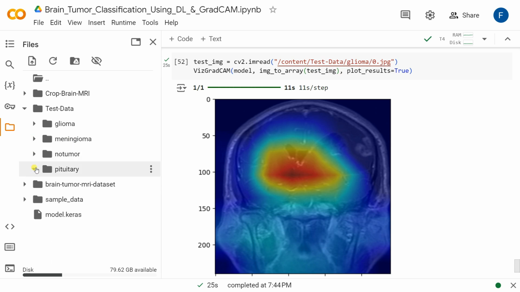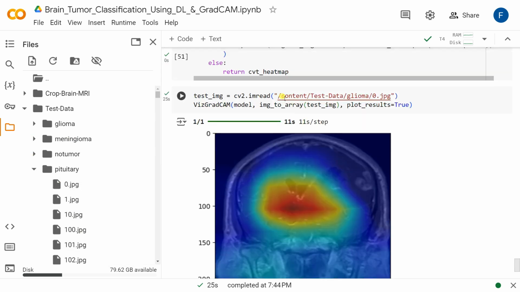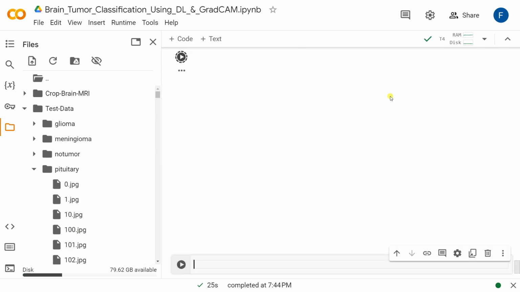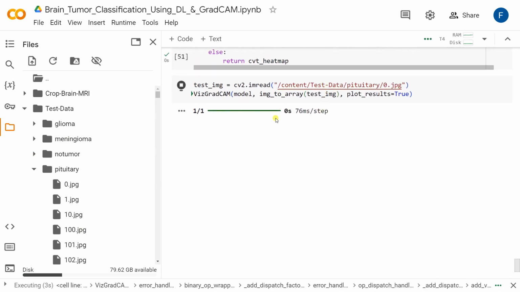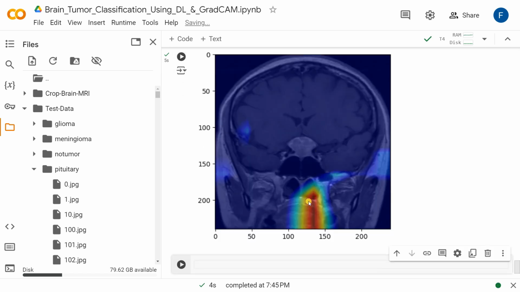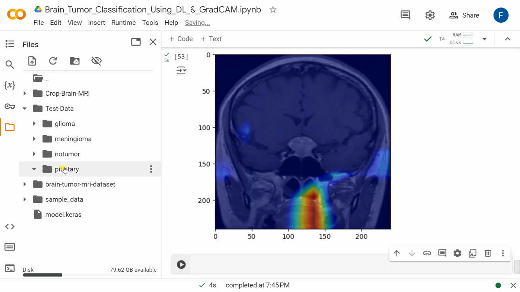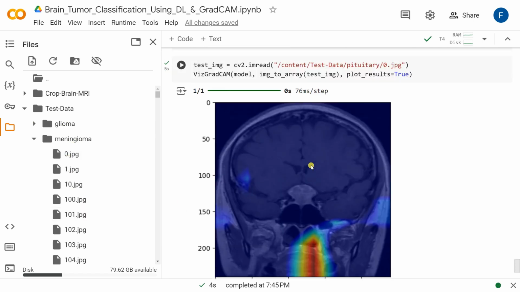So let's try to do it for the pituitary. So copy this one, copy path, and let's try to test it here. Okay, you can see just wait, it will obviously take time, and I'm also using this. You can see this tumor is coming up here. Okay, and same thing because this is a pituitary gland, right? Pituitary gland here, and if I copy this one from here, uh,